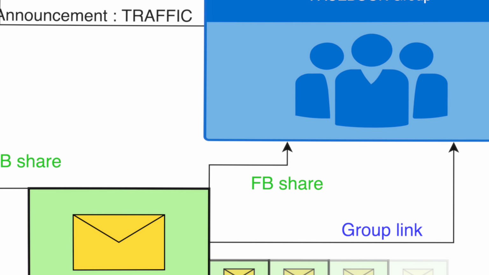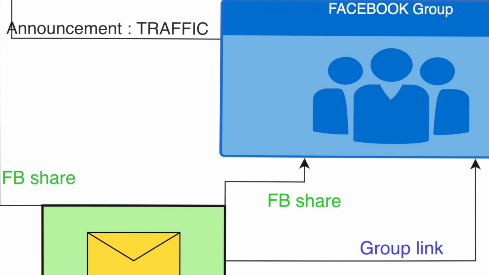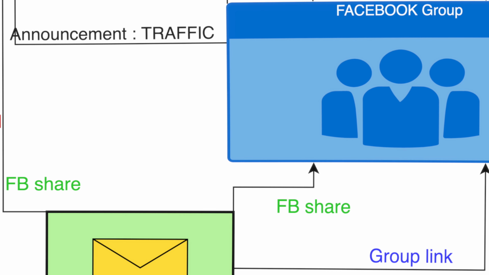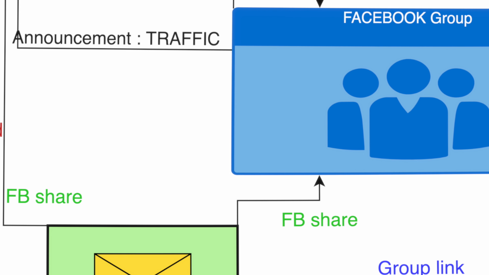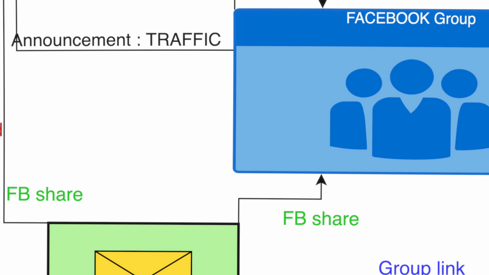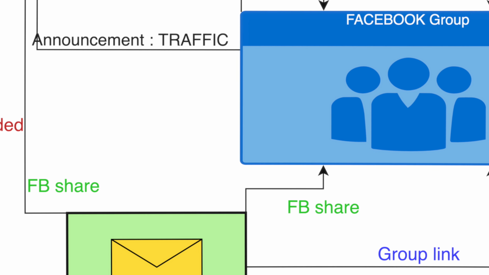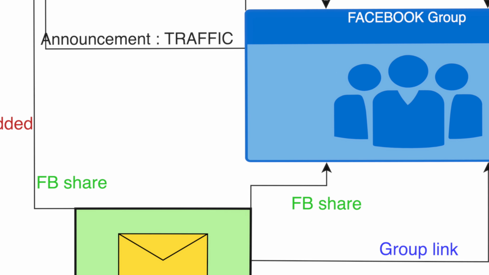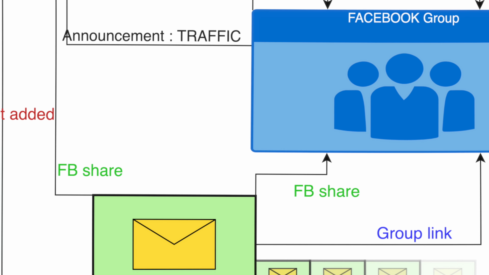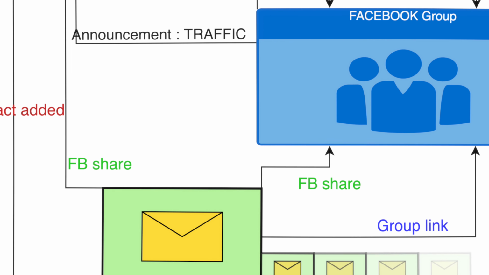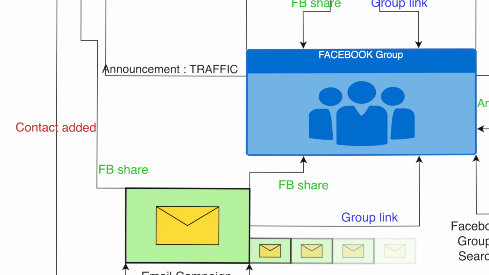So let's see, maybe if we can move it a little. I will find the first one. So the first one is at the top left of the group, and you can see that maybe if we go back a little, I will show you. The first one is from the message, announcement message. So the first message on your group, it will have 3 links, and one of those links is simply a Facebook share of your traffic squeeze page.